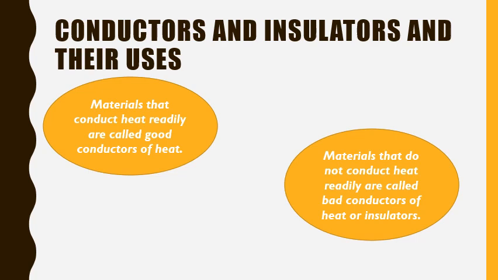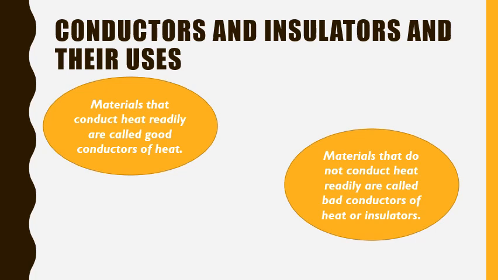Copper is a better conductor of heat than most of the metals, and therefore the bottoms of cooking vessels are often made of copper. Besides that, you must have seen the handles of metal cooking vessels are made of wood, bamboo or bakelite. Why? Because these are insulators, they are bad conductors of heat, so they heat slowly, and therefore they are very useful and easy to hold even when the vessel is very hot.